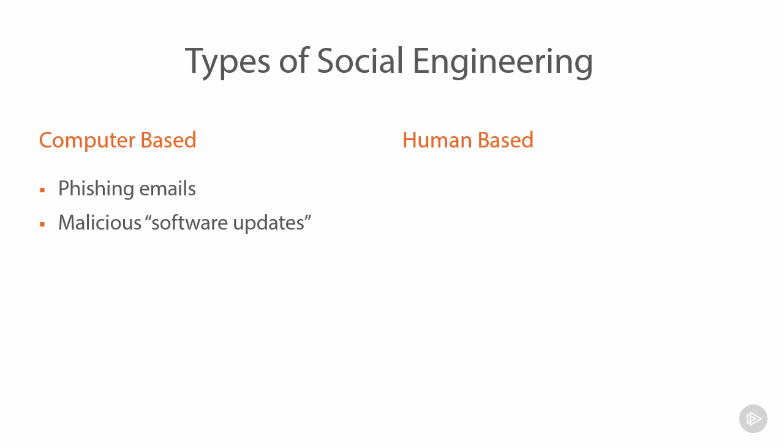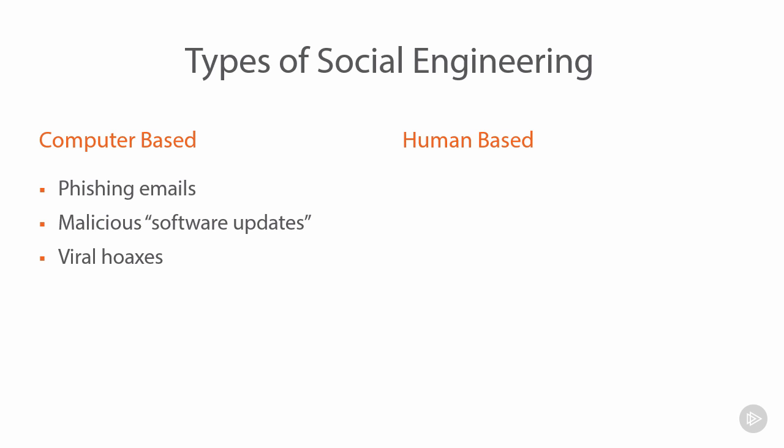So this is the sort of thing you'll see from an infected website, where you browse to the website and it will say, hey, your antivirus or your Windows operating system or something else about the machine that you're using is out of date. Just download this one piece of software and we'll update it for you. That's computer-based. It's something that the victim sees there on the screen in front of them.